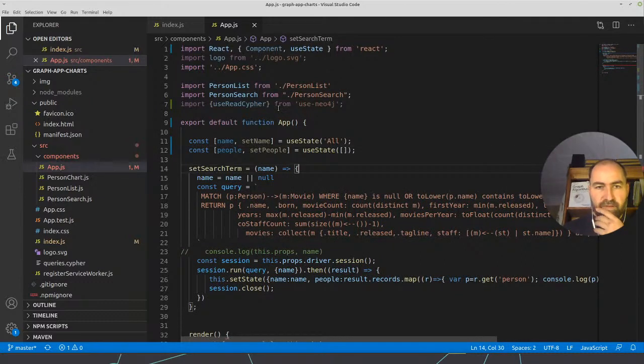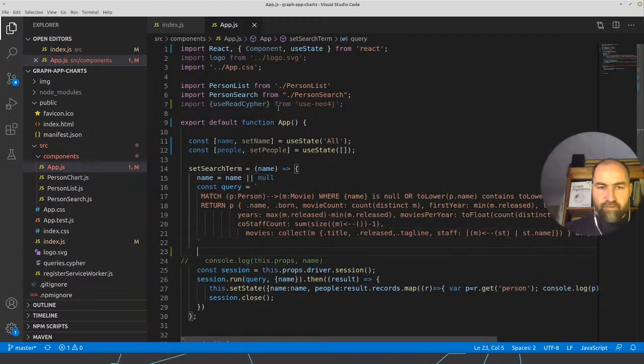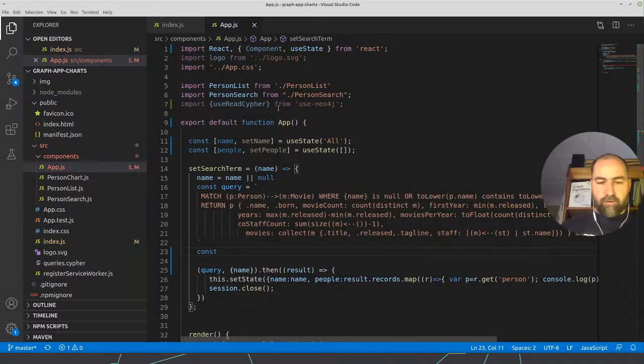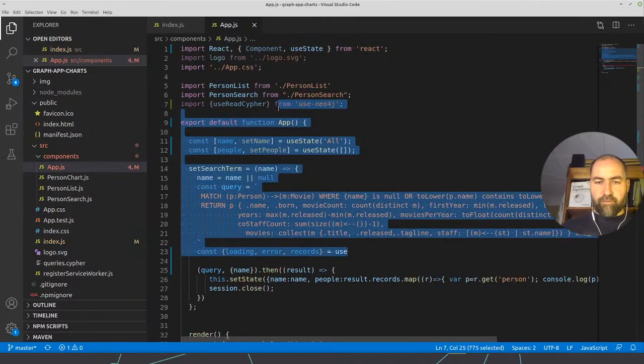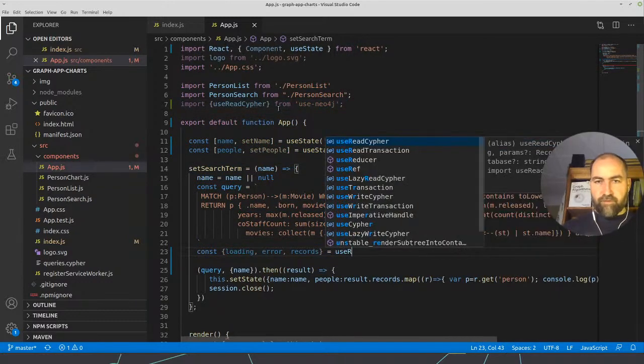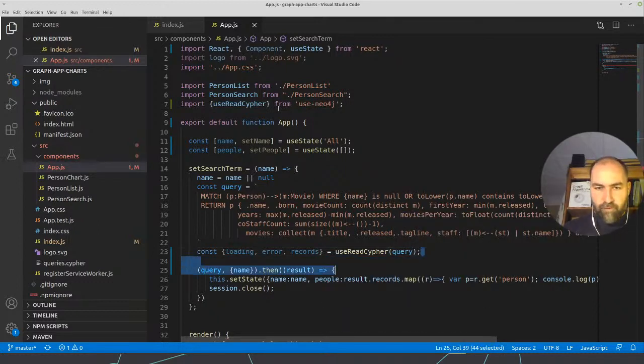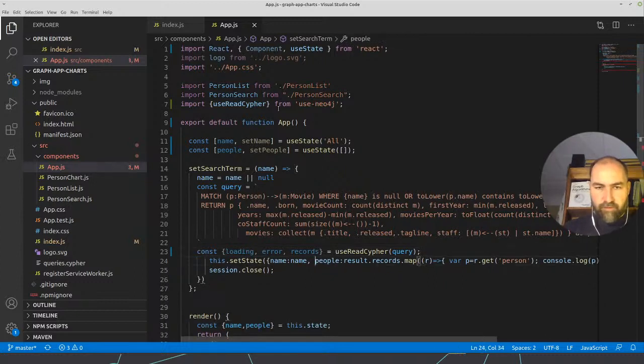So, and then there's a set search term function. Do we actually need this anymore? So we just need to have const loading, records is useReadCypher of query, and then basically I'm not 100% sure how this set name would now work.